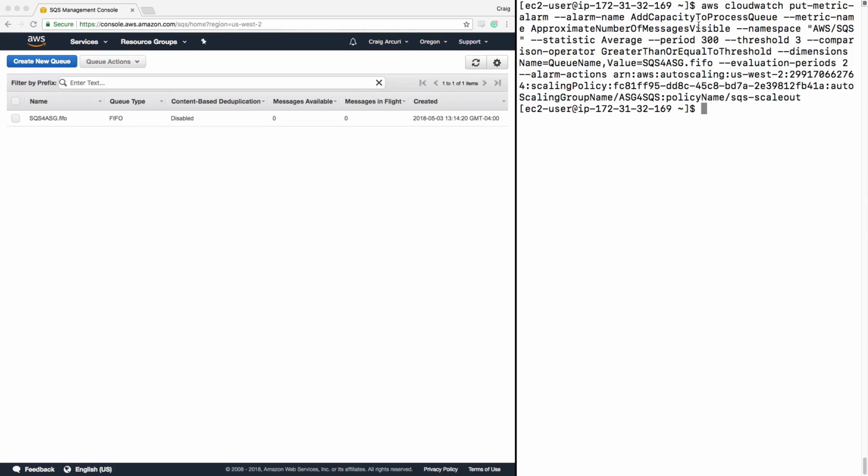Now this is a really long command. Looks intimidating, but let's break it down. We set our context, and our command is put metric alarm. We need to provide the alarm name, add capacity to process queue,